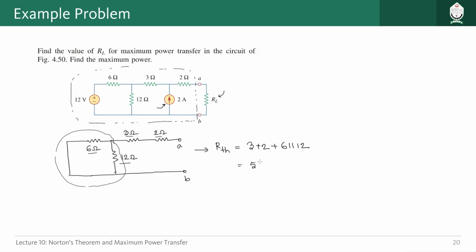So this is 5 plus, if this is parallel, that means we can calculate the value something like this,